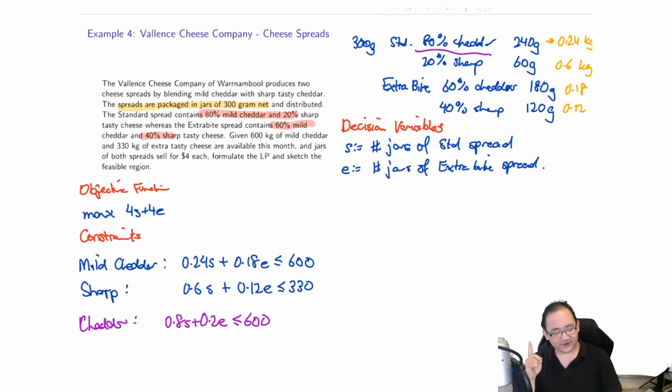Now, this isn't quite the whole picture, because what we're missing is that when we are measuring the jars in terms of